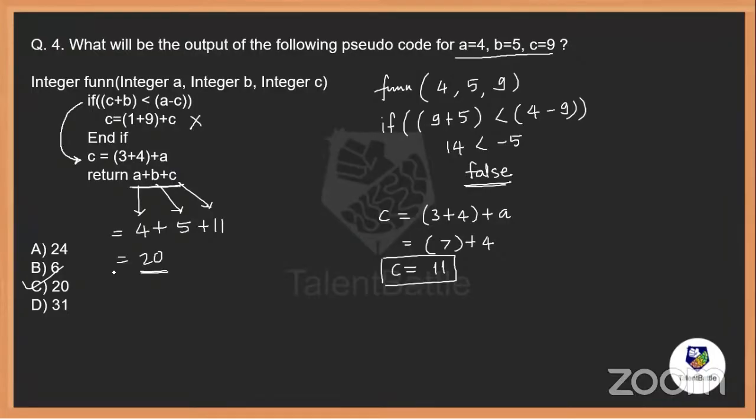So those students who have not got the correct answer, just try to go with the process. Might be you have considered the values which are not updated one. So that is one of the reason. Or if the condition results are not properly considered, that is also one of the reason. If you are considering the result is true, you will go inside it and you will again modify the C. So 2 times your C will get modified. So make sure you are properly checking the result of the condition statements, and based on that, which expression needs to be executed. So finally, the answer will become 20. That is option C. Clear to everyone?